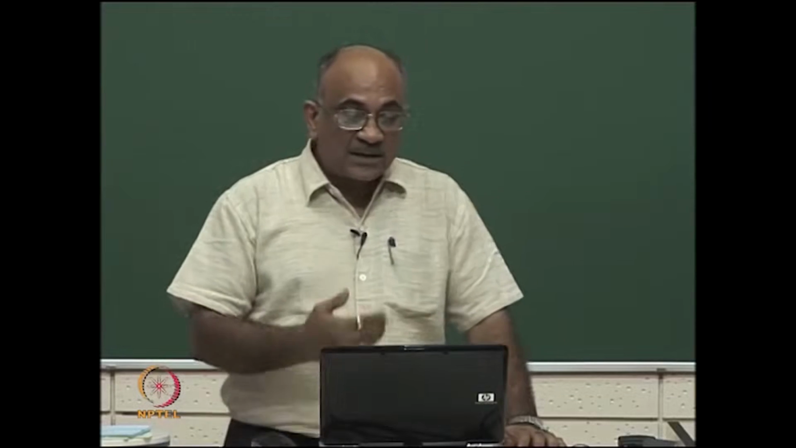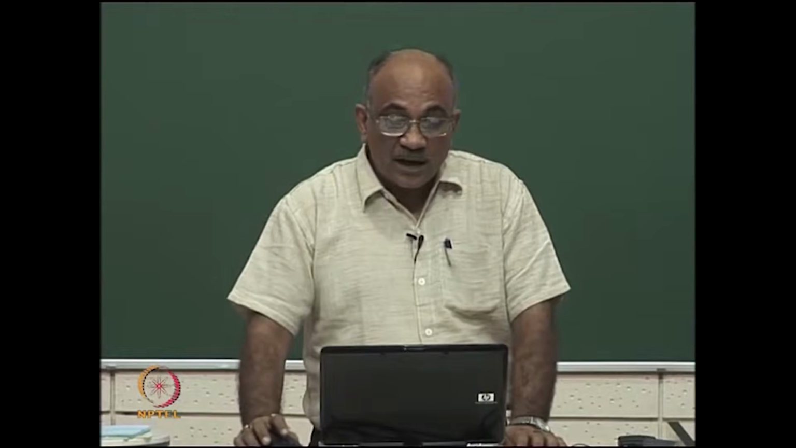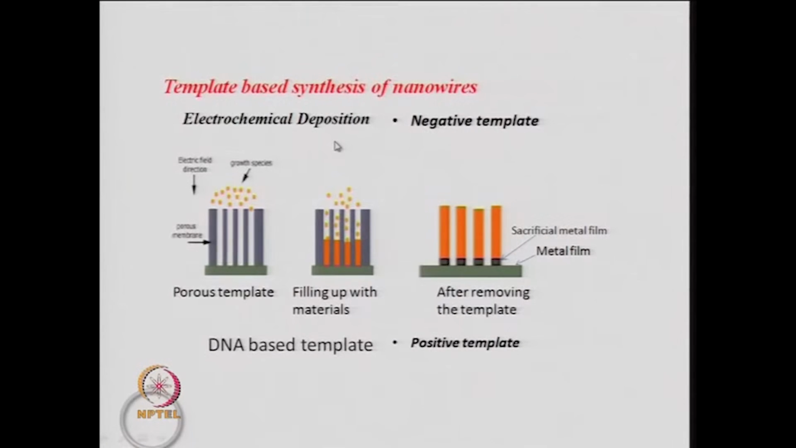The other method, which is the template method we discussed, uses the electrochemical methodology of deposition. This is a negative template method, that means wherever the template is there. So, this gray one is your porous membrane which acts as a template. The voids get filled with the growth species from which you want to make nanowires. So, ultimately what you get are these nanowires, shown in orange color, which form in these